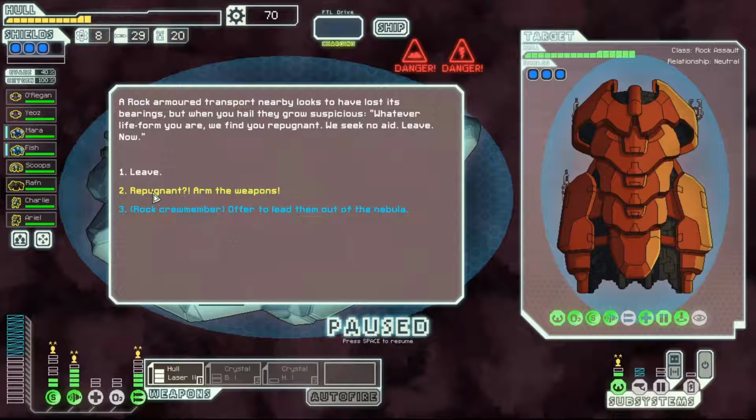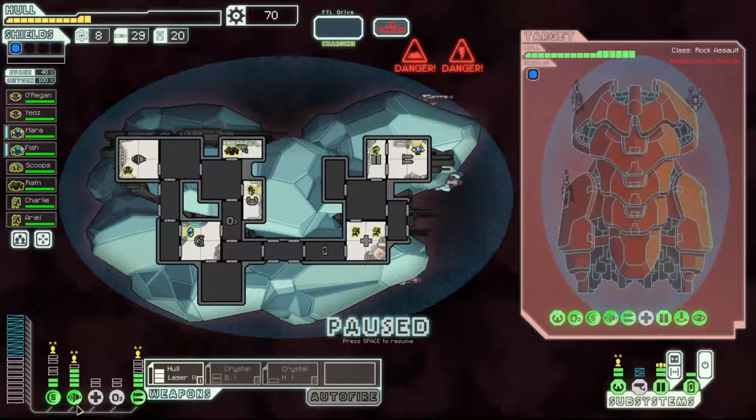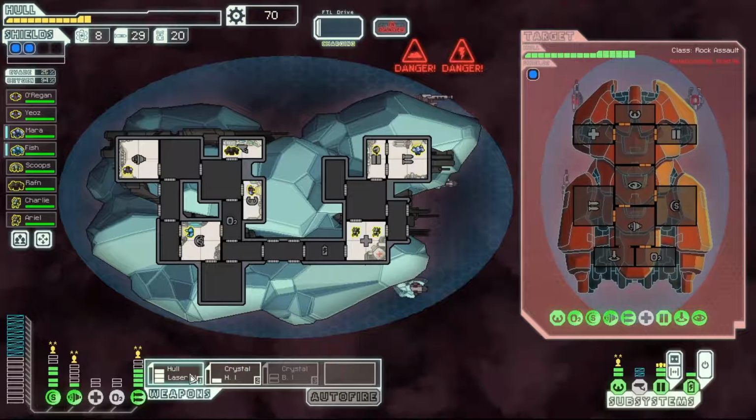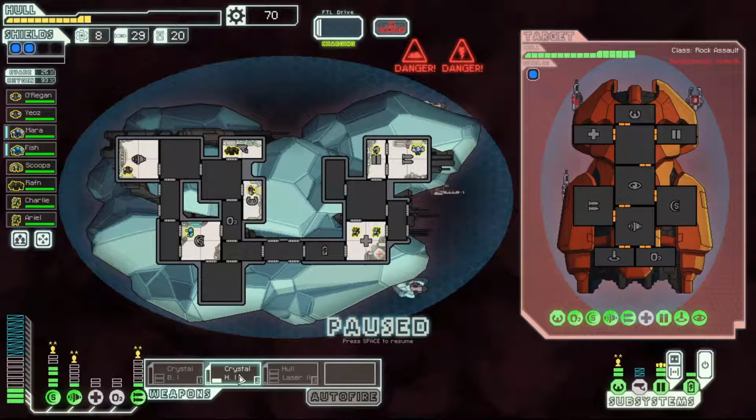Rock ship, we have to fight them. Repugnant, arm the weapons. They have 1 burst laser and 1 halberd, so we get our weapons powered up first. As many weapons as we can power up, and I suppose we might as well use the 1 power Crystal Heavy instead of the Hull Laser, or instead of the 2 power Crystal Burst. They do the same amount of damage. Actually, you know what? Because they don't have shields, why don't we do it like this? We'll use the Crystal Heavy weapons to attack their weapon system, take their weapons offline, protect us from damage, and